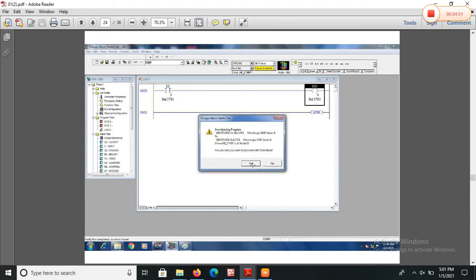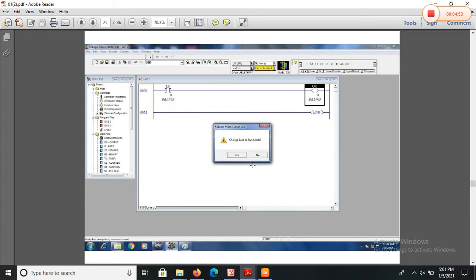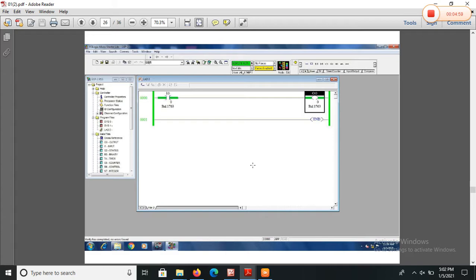It asks for the download, then click on Yes. It asks for the run mode, then click on Yes. Then the system will go into run mode. That is, when the switch is on, the LED is on. Switch is at address 0/0, LED is at address 0/0.